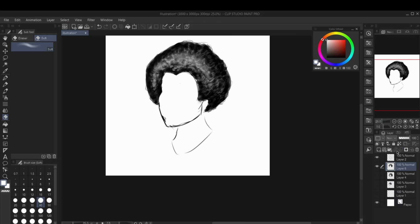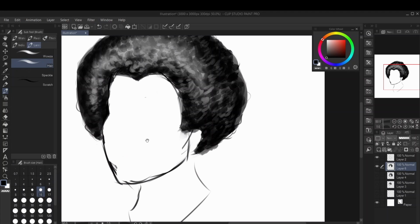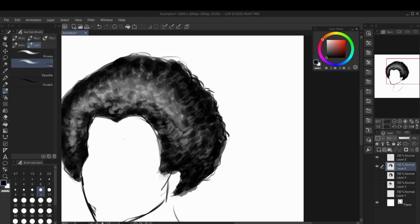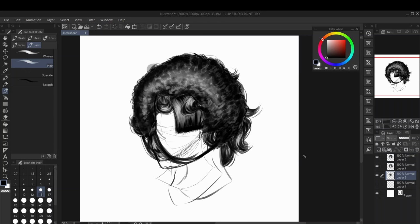And of course, it would not be hair if it did not have little flyaways to go with it. So I'm going to add those as well. I'm going to use an even smaller brush this time, and with that same flicking texture, add that to the edges of this hair, so it looks like short, little tight rings of hair. And there we go. These are the main ways that I draw different types of hair,